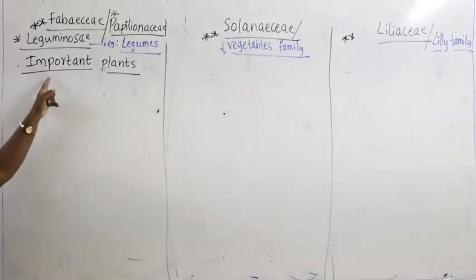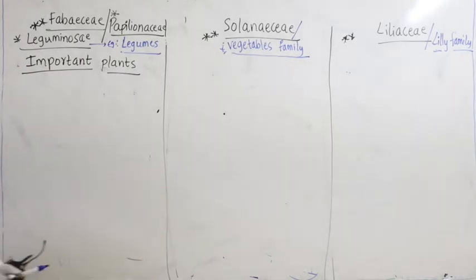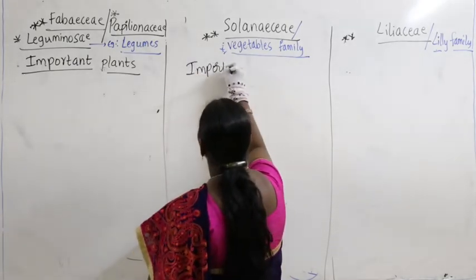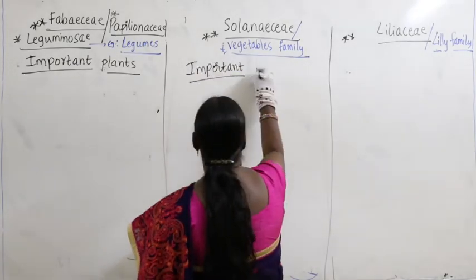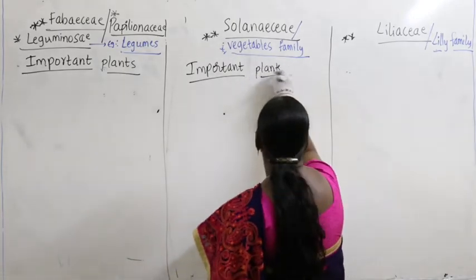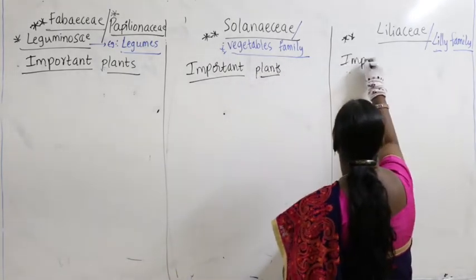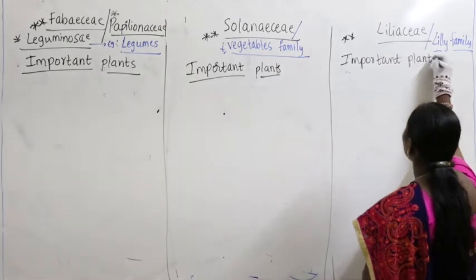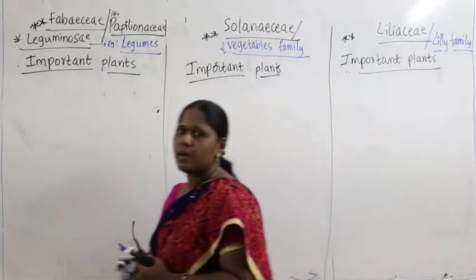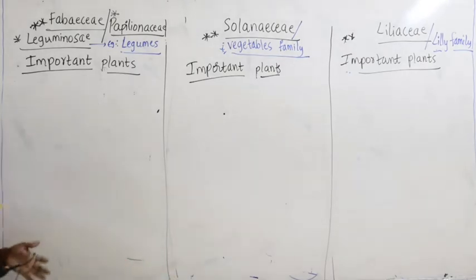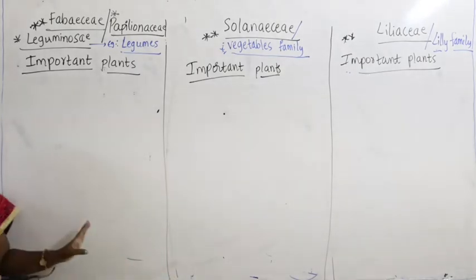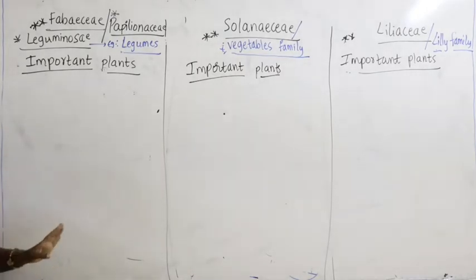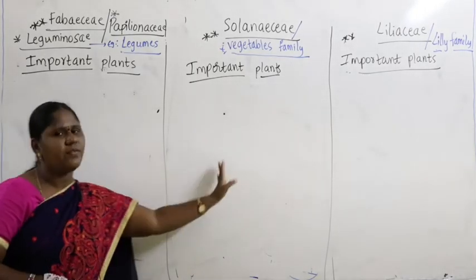So, here let us write the list of important plants for Fabaceae as well as for Solanaceae as well as for Liliaceae. Important plants. Let us write the list of important plants for Fabaceae, Solanaceae and Liliaceae. Now guys, if you remember, I know that today in the class I have to give the list of all plants. At a time, if I give the list of all plants for all 3 families,